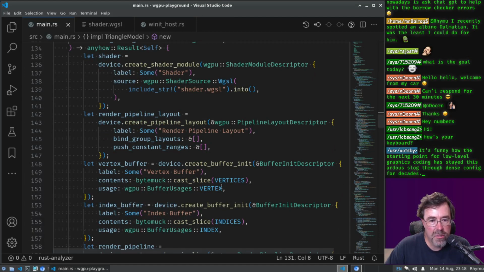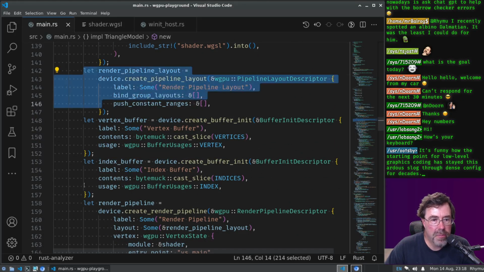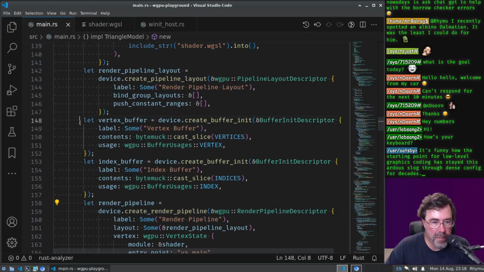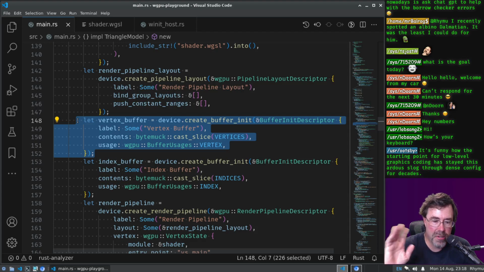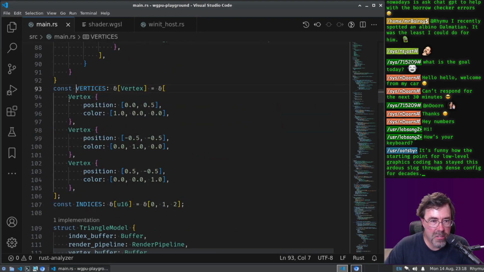Oh yeah, I did. Because I jumped from render pipeline layout to render pipeline, I skipped right over my buffers. So we have two buffers. We only really need one buffer, which is all of our inputs. Here is what to make the triangle look like. And it's very simple, right? It's these coordinates on the screen. That one's the top of the triangle. This one's the lower left, and this one's the lower right, I believe. So make the top red, make the lower left green, and the lower right blue. Or maybe it's blue and then green. Anyway,